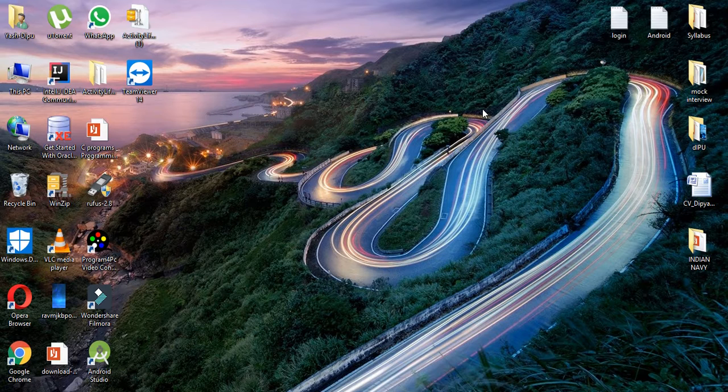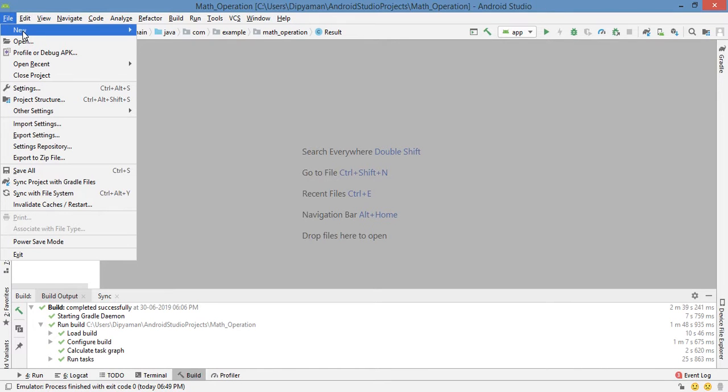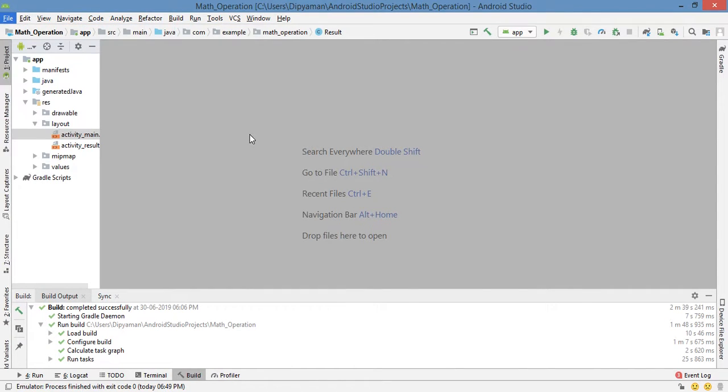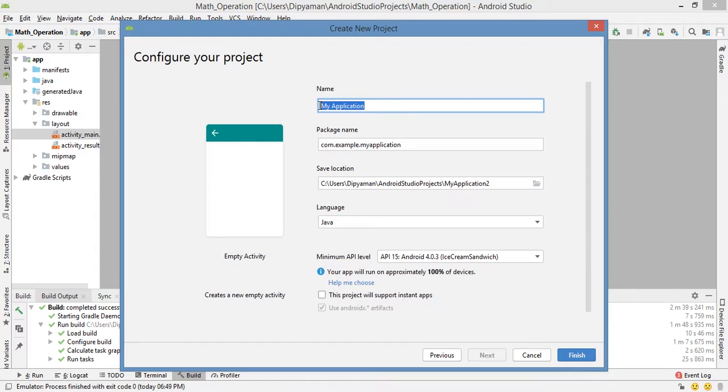I am going to teach you how to make a calculator app on Android Studio. At first, just open Android Studio and go to File, New, and New Project. Now select Empty Activity. This is Empty Activity. Next, and give the name of this project. I'm going to give this name Calculator. Okay, click on Finish,